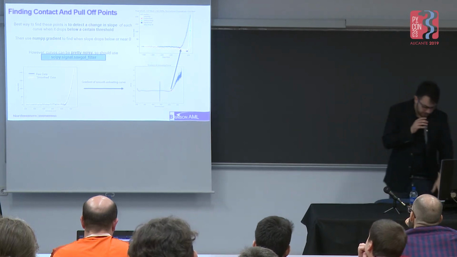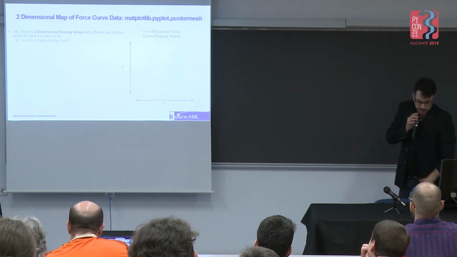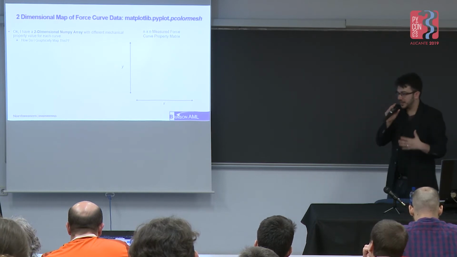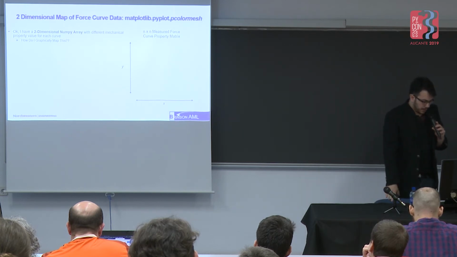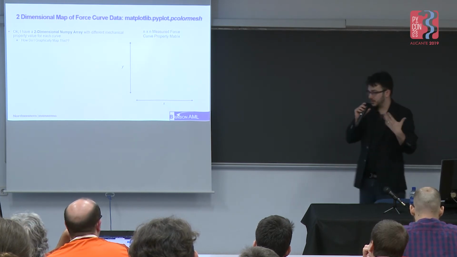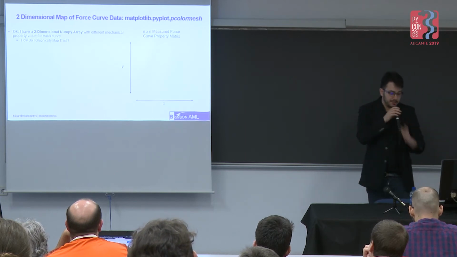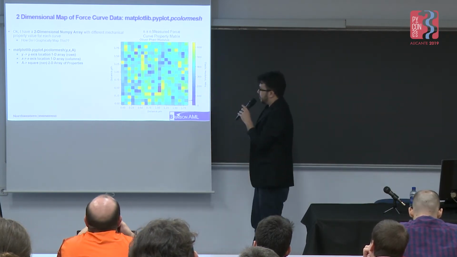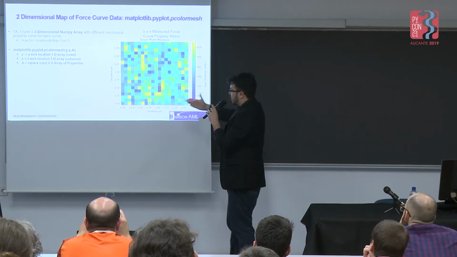with the surface. And once you do that for each of the curves, you can get a whole bunch of mechanical property data across the whole image. But how can we easily look at all that data to evaluate it without having to click and look at every single curve individually? Basically what I want to do is create a two-dimensional array that shows all these mechanical properties. I do that using matplotlib.pyplot.pcolormesh, and you get a nice looking plot that looks like this, where each of the colors represents one of the mechanical properties. And the X and Y axes give you all the location